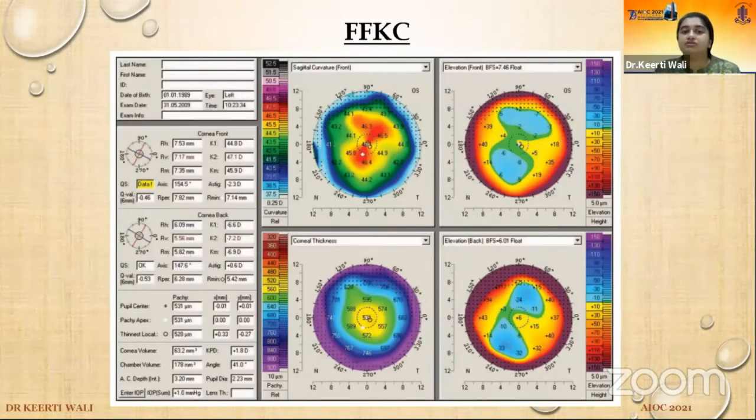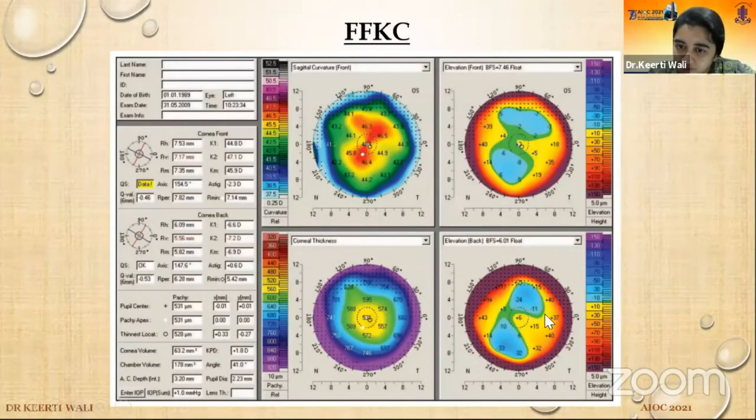But our confusion always lies with cases like this. If this patient comes to us for refractive surgery evaluation, when we see these curvatures, it could be simple astigmatism, 44 and 47.1. We get the Pentacam done for them, and we see a symmetric bow tie with superior steepening, which is not significant. The difference is not more than 2.5 diopters here. If you see 46 and 44 and 43.4. Okay, so this is not significant. And on the elevation maps, there are no significant points.